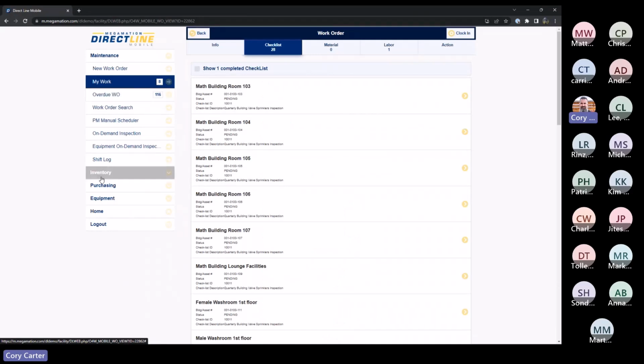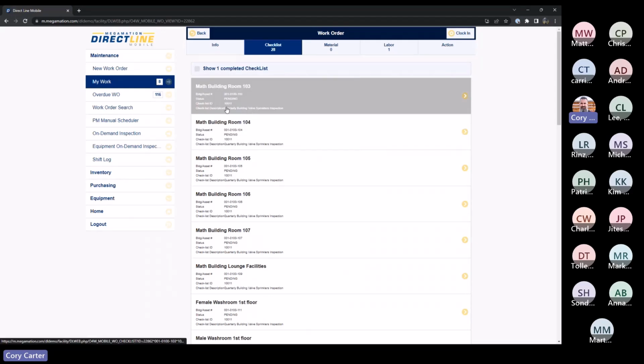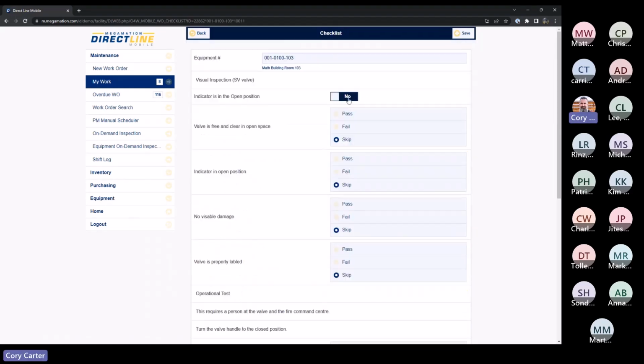I completed one checklist just now when we were looking at that list. So I'll show it right here. It's showing me here's my completed checklist, right? If I remove that checkbox, it drops out. So from the mobile, as I go through and I complete each one of these checklists,